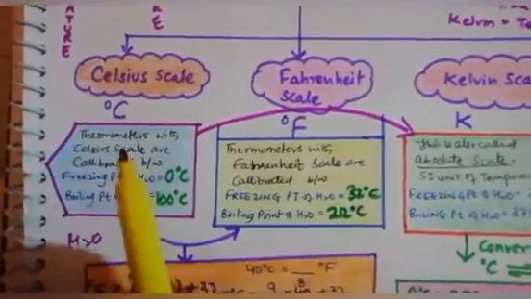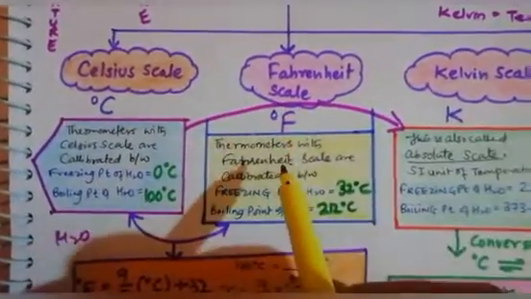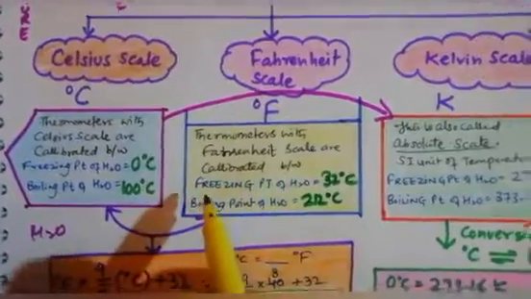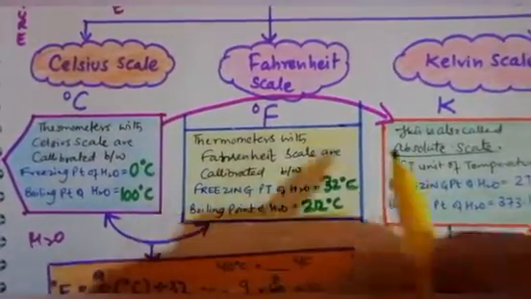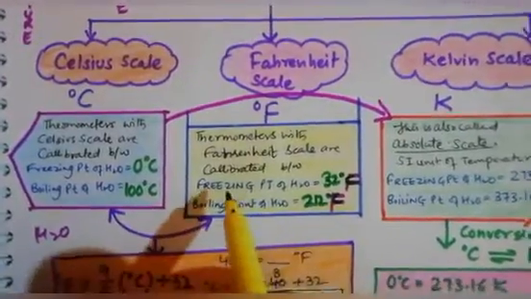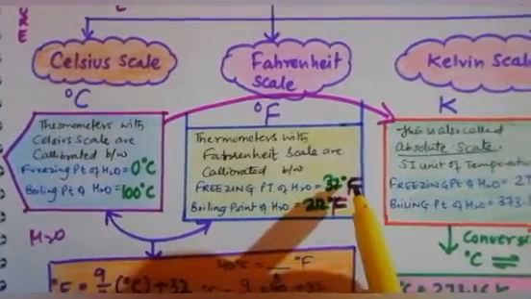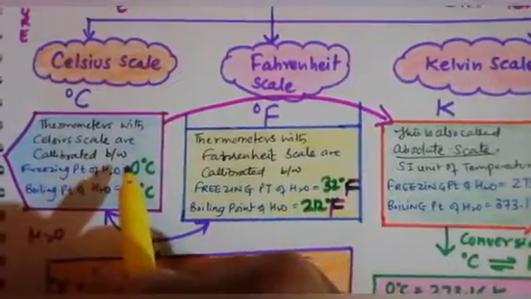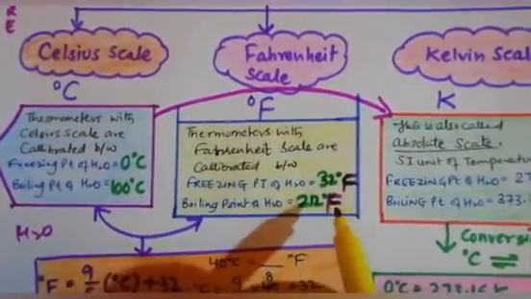Okay, the same thing we will take in Fahrenheit. The thermometer with the Fahrenheit scale is calibrated between... Fahrenheit, it is F, not C. So the freezing point of water is 32 degrees Fahrenheit. So in case of Fahrenheit, you will write 32 degrees. It means that 32 degrees Fahrenheit is equal to 0 degrees Celsius, and 212 degrees Fahrenheit is equal to 100